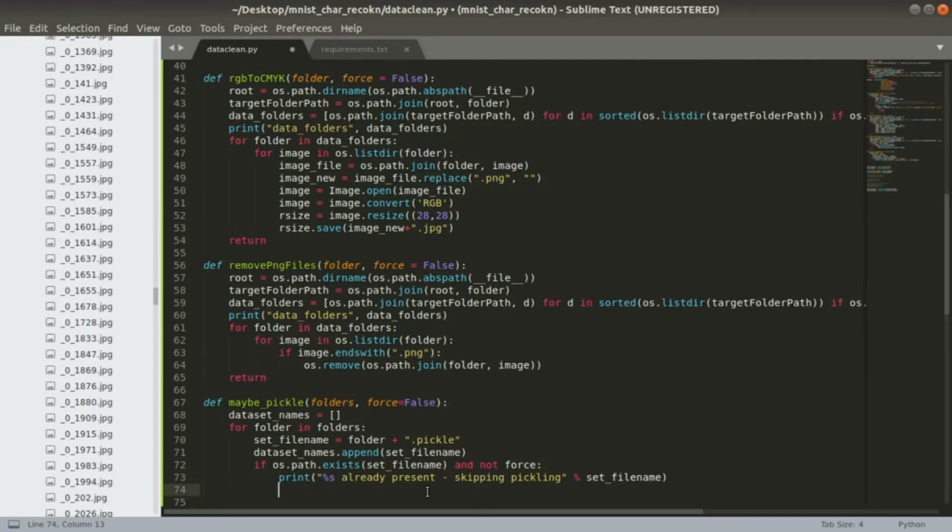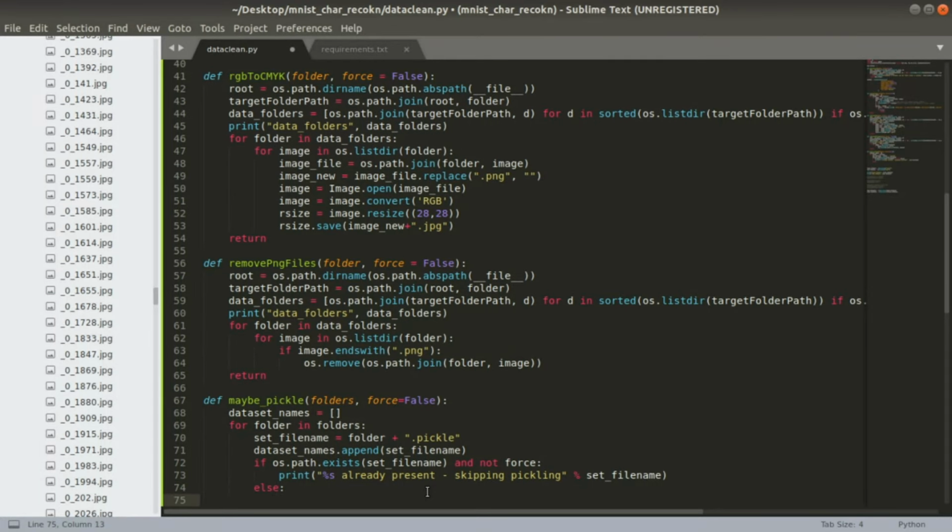Else, we need to go inside each label, convert image into NumPy array and store those into pickle.